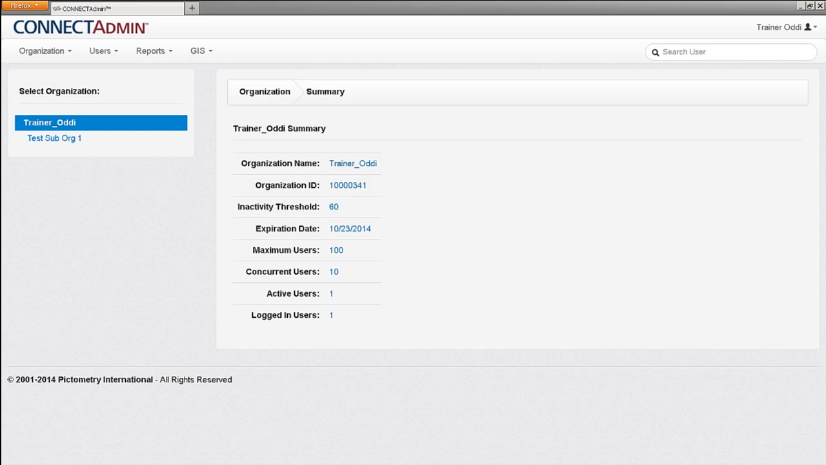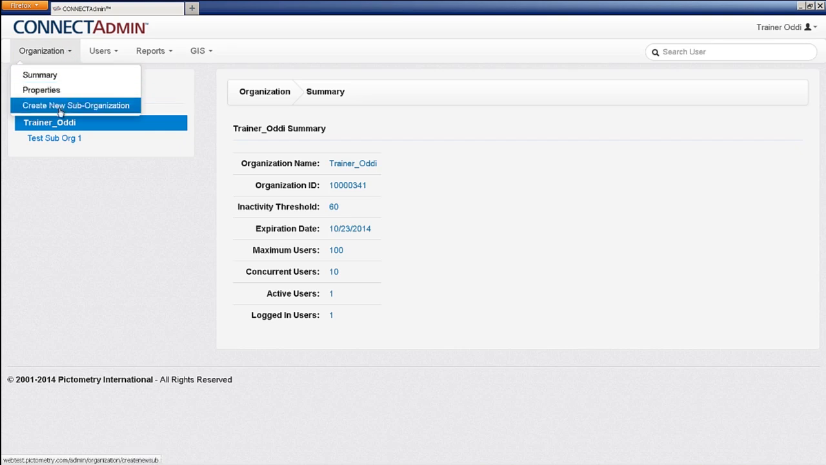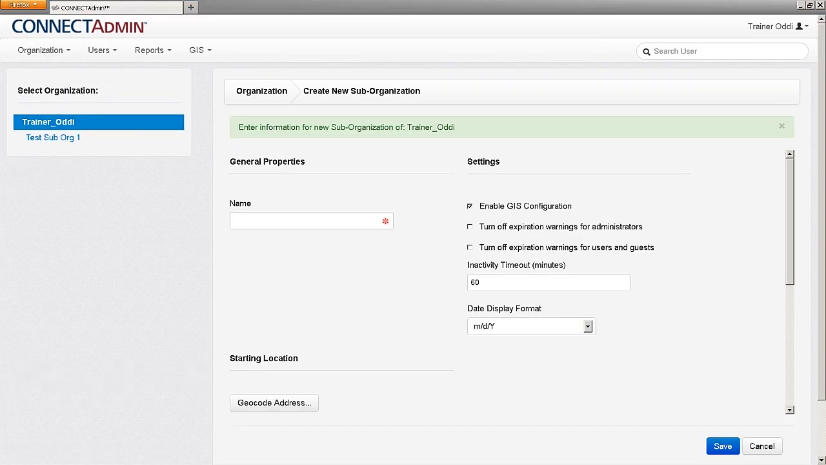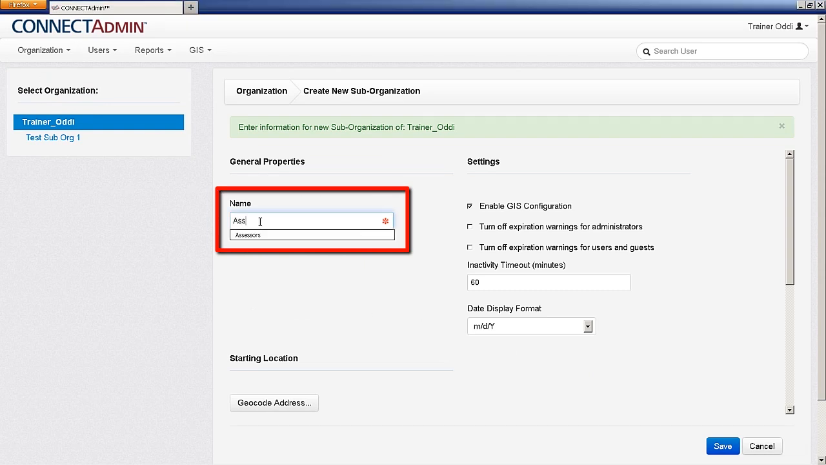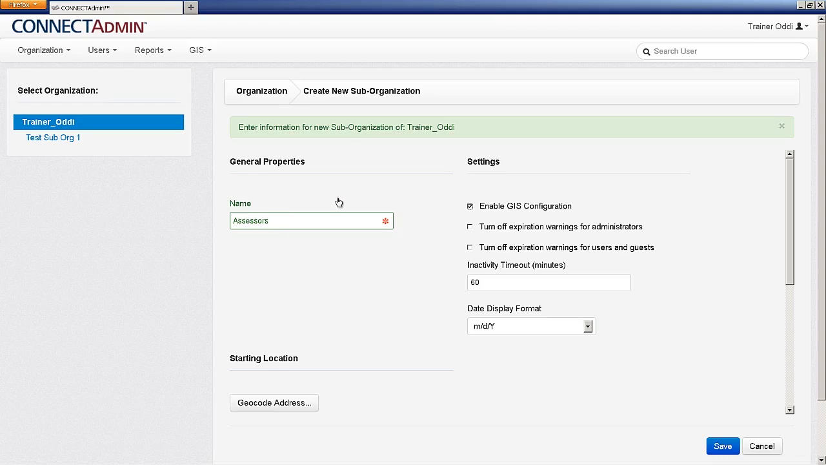To create a suborganization, select Organization from the administration menu and then click Create New Suborganization. In the field marked Name, give the suborganization a name, such as City Police or Assessors. In the Features section,